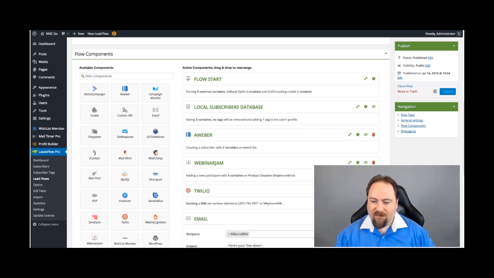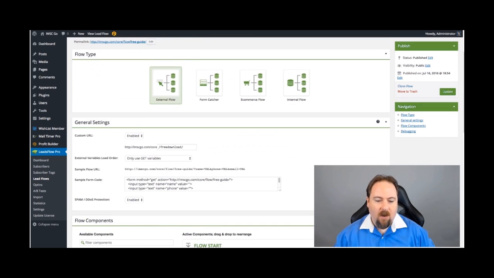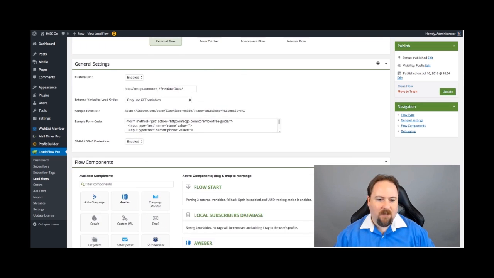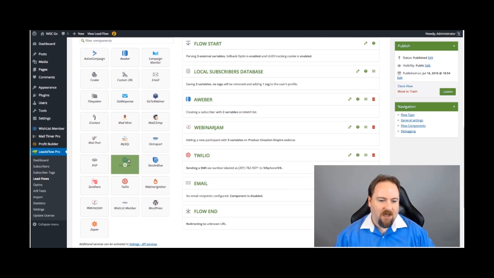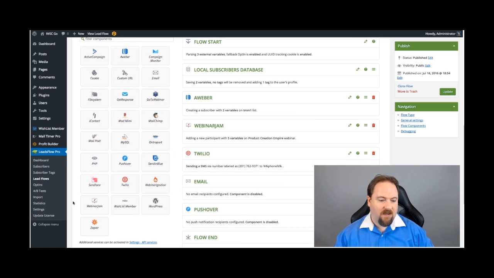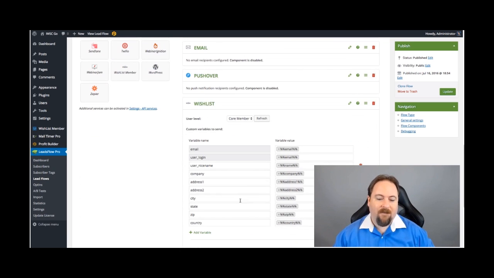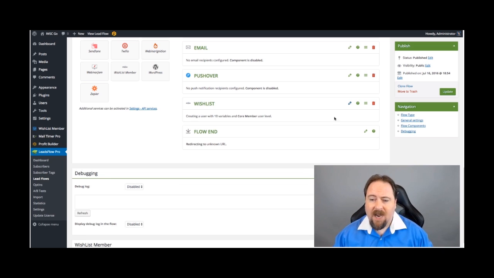And I could send myself, if I wanted to go even crazier, guess what? I could have, if I want to see how many people are coming on, no problem. I could add myself a push notice, so I can get a notice either to my phone that someone signed up or what have you. I could then say, okay, we've got that, but let's add them to a free membership as well. So if I have this integrated with, say, Wishlist member or S2 member or something like that, boom, done. Literally all click together in seconds, and I now have all of that activities from one submission of one lead,